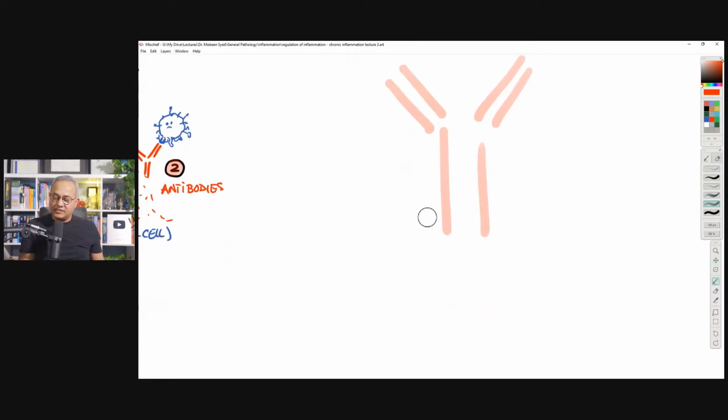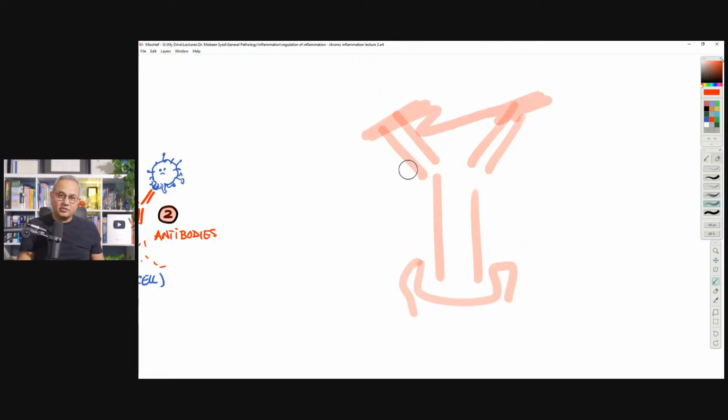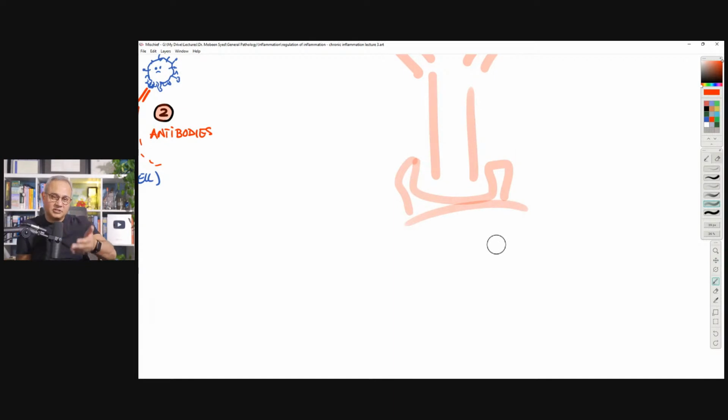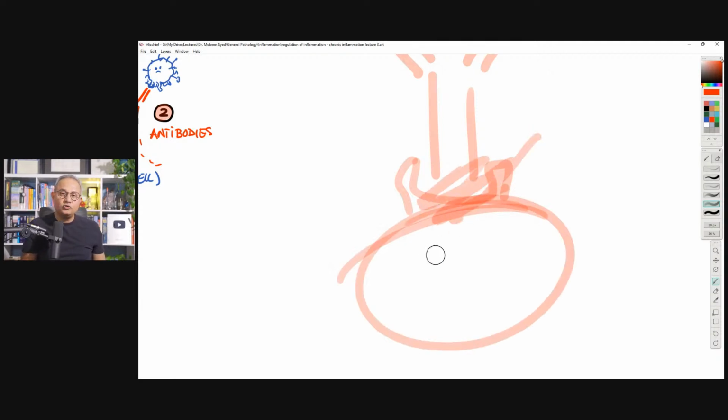Antibody can bind with various cells at its Fc part, fraction constant. This is fraction variable because it binds to various kinds of things. But this fraction constant is constant. It's the same for all antibodies. If it is IgG, then all IgGs have a similar one; there are some variations. IgE may have a different one, IgA may have a different one, but all IgGs of one class would have the same fraction constant. That Fc part then binds to the Fc receptors to attach to the cell surfaces, for example, mast cells.